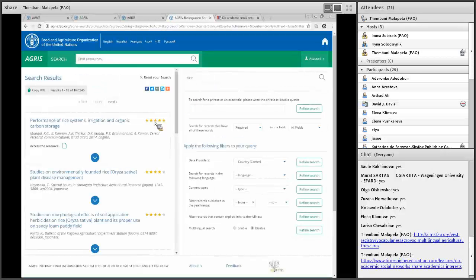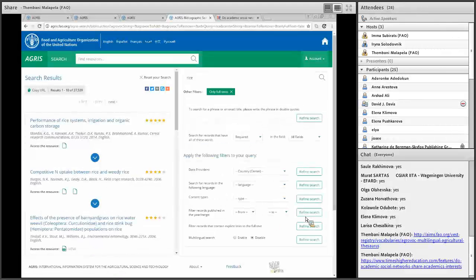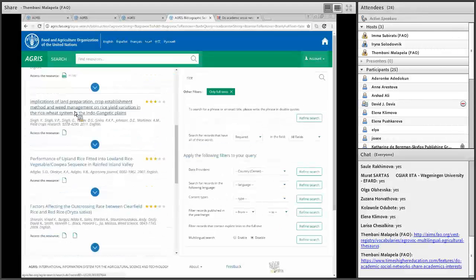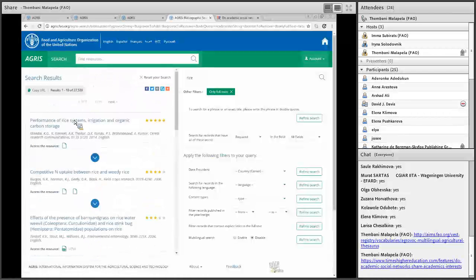Right. So if you are here, first of all, you will be able to notice the full text. But if you come here to the filter function, you filter records that contain explicit links to the full text. You click refine search, and then all these records that you have now, you see the number has zeroed in